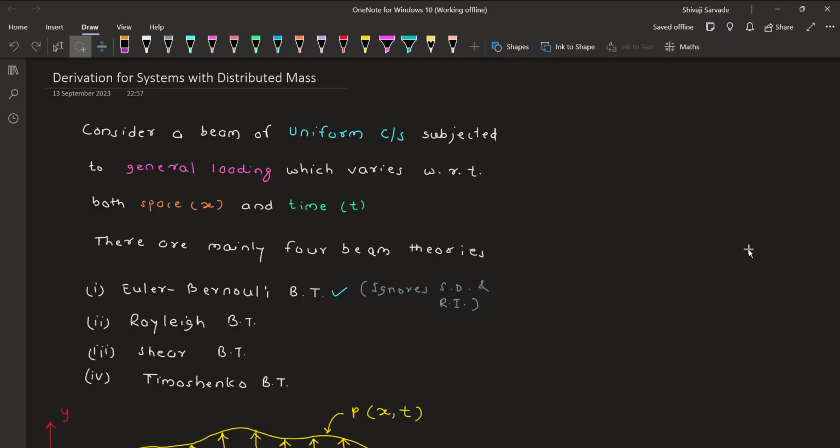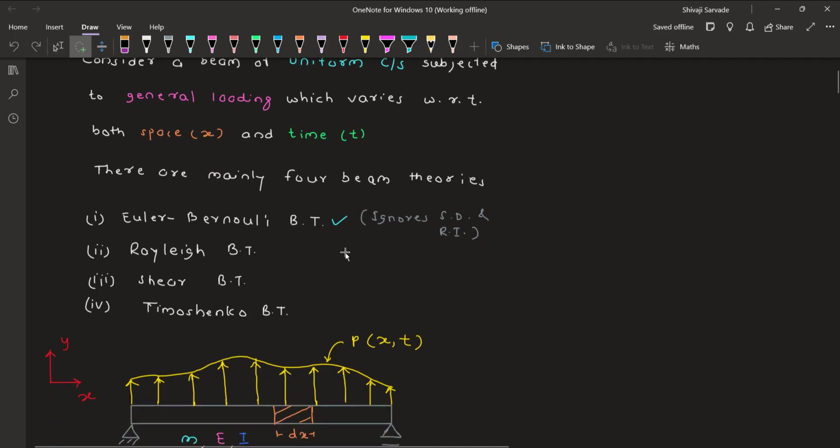Hello and welcome. In this session, we'll derive the equation for frequency and mode shapes for systems with distributed mass. Now let's consider a beam having uniform cross section subjected to a general loading which is varying with respect to space as well as time. So we are denoting variation with respect to space by variable x and variation with respect to time by a variable small